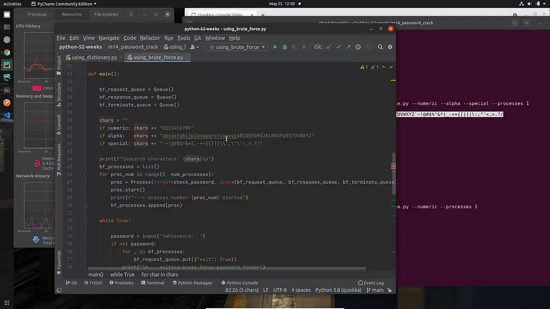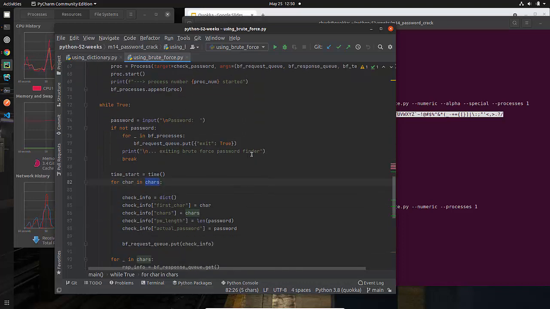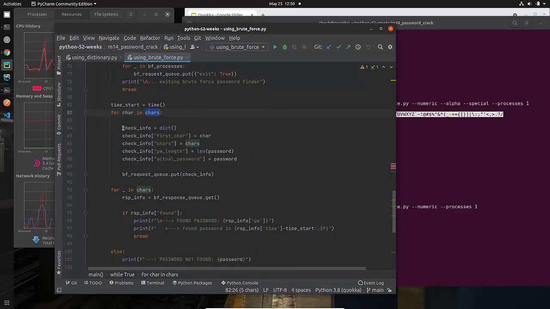This is just my strategy. What I'm going to do in order to put things into the queue is create something called check info, which is going to be, as you see, a dictionary. I'm going to be passing in the first character. That's special because of the way that my function is written. I pass in all of the characters, and then I pass in the password length.